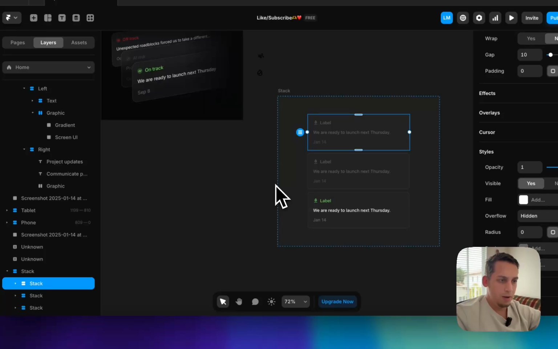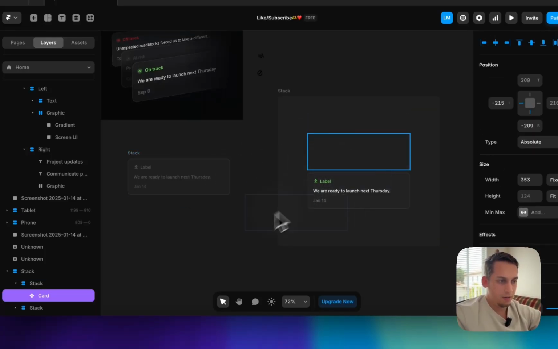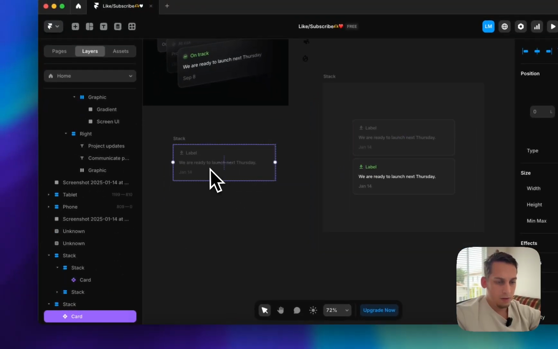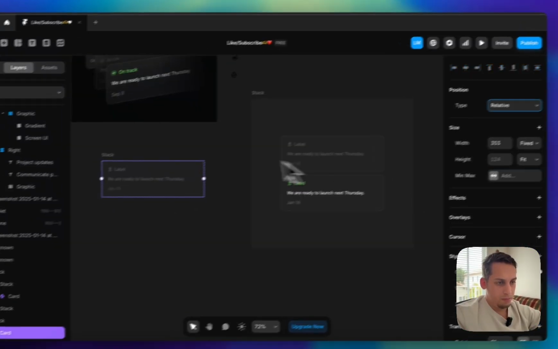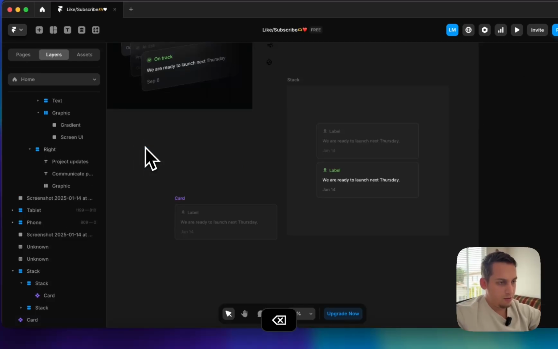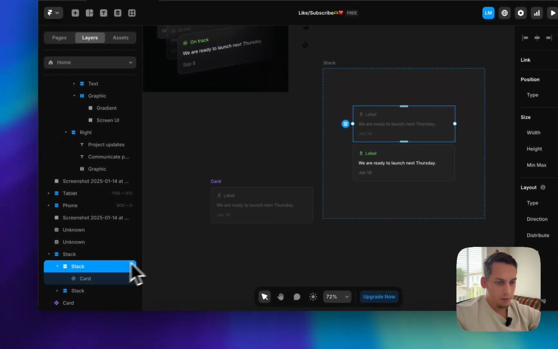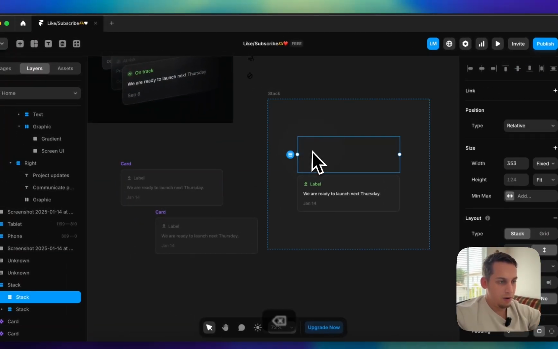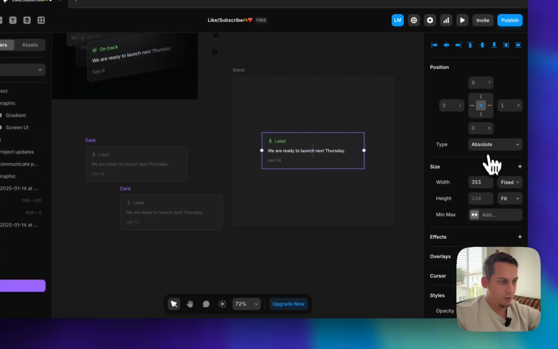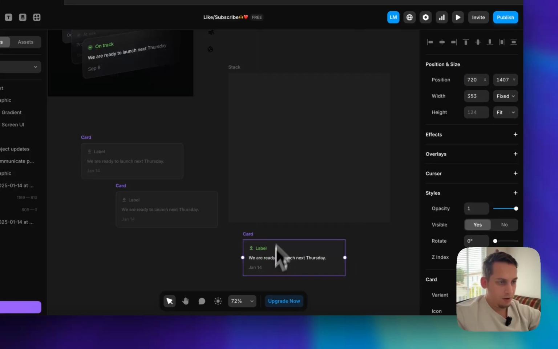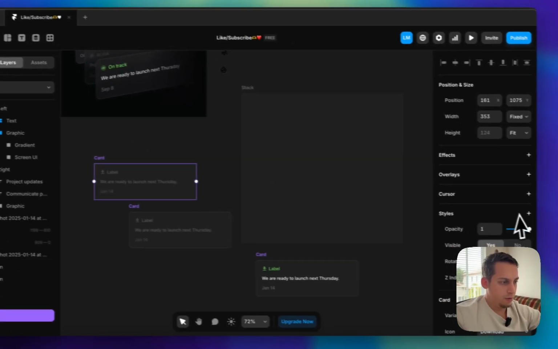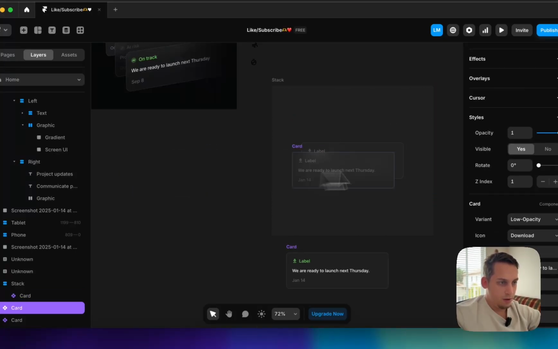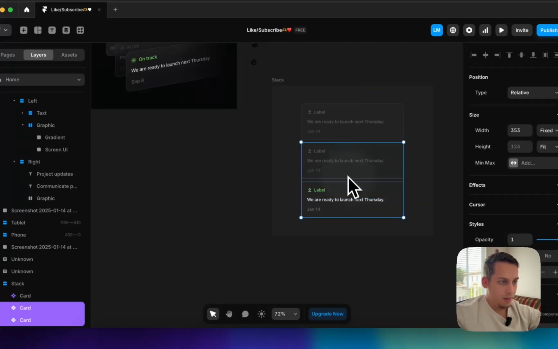Well, I'm thinking, do we really need a stack above these cards? And I don't really think so. I'm just kind of brainstorming here, guys. So let me just remove these stacks from here. And I think we can do it already with these normal cards that we built. So I'm just going to do it like that. This one is the orange one, so we need this one to go first. Then we need this one, and then we need this one. And then these all need to be